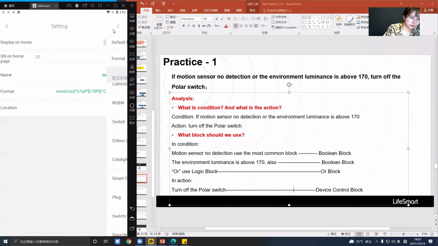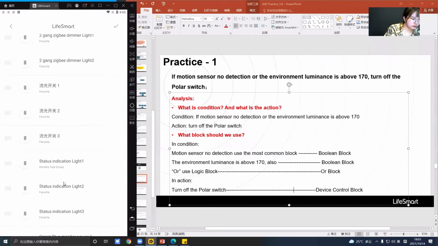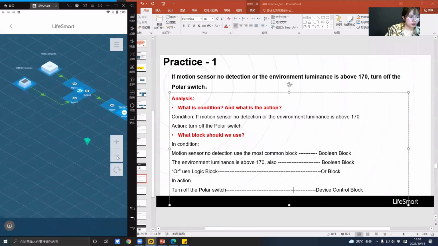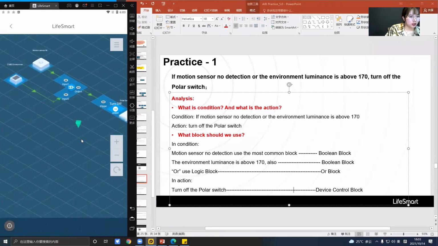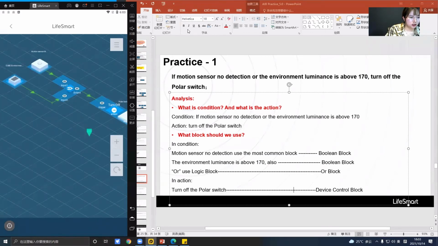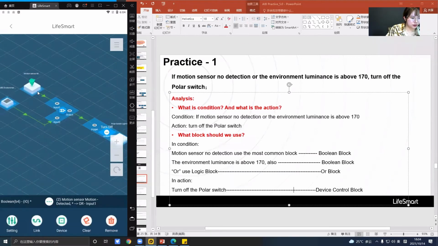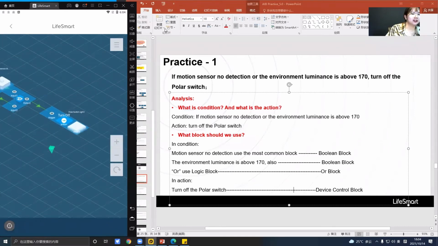MOIDS, and back to choose the device here. Polar switch. Okay, so here we go. This is the answer for this practice. Did you write it? Are you right? Everyone, are you right? It's quite simple. We have introduced it before, and it's very similar. If anyone did it wrong,